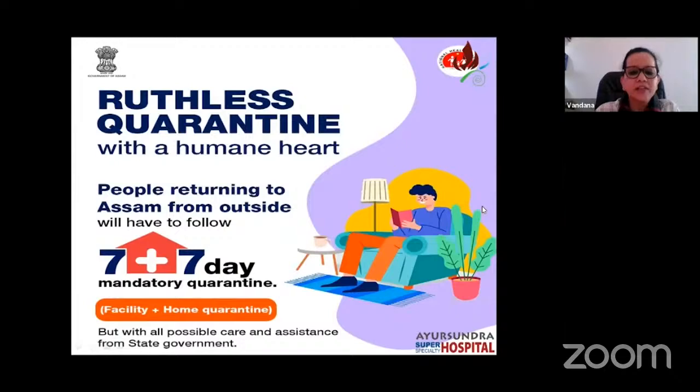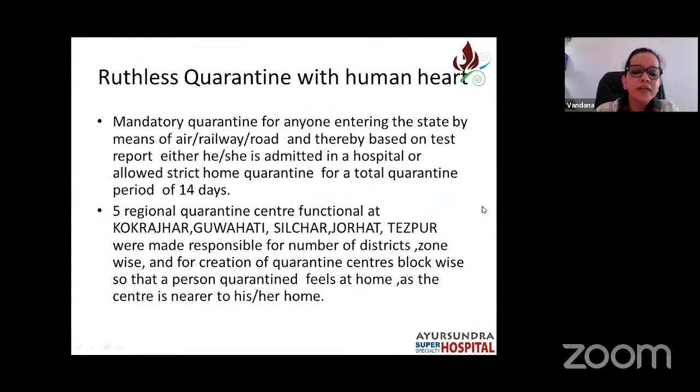It was made mandatory for the patients returning to Assam, either by air, railway, or road, to undergo a strict home quarantine or hospital quarantine for a total period of 14 days. To look into this facility for quarantining, 5 regional quarantine centers were opened at Kokrajhar, Guwahati, Silchar, Jorhat, and Tezpur, and they were created zone-wise so that the persons quarantined in these different zones were nearer